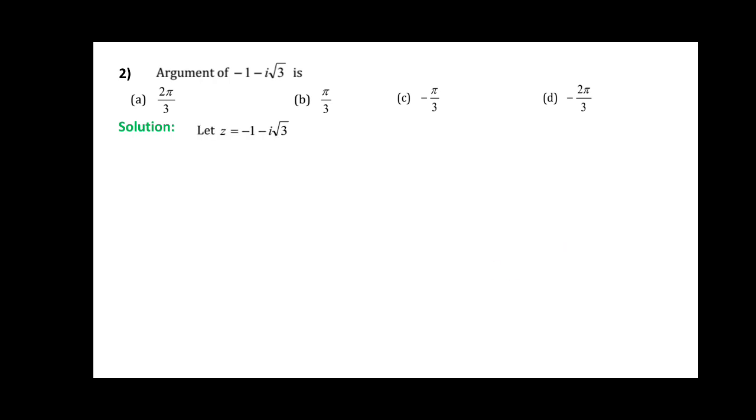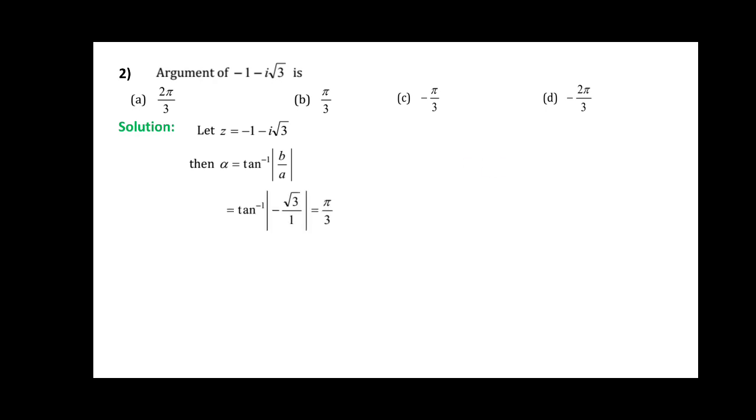Now consider the given complex number as z equal to minus 1 minus i root 3. Here we have to find the argument of z. Let us consider alpha equal to tan inverse of modulus of b by a, where b is the imaginary part and a is the real part. Therefore, we can replace the values: a is minus 1 and b is minus square root of 3. Here we do not consider i, we just consider the value of b, because the complex number is always in the form a plus ib.